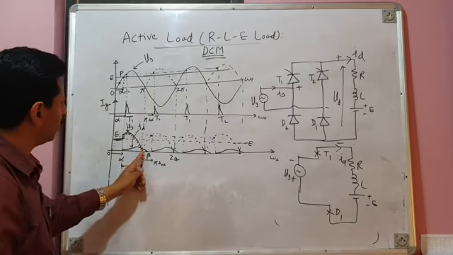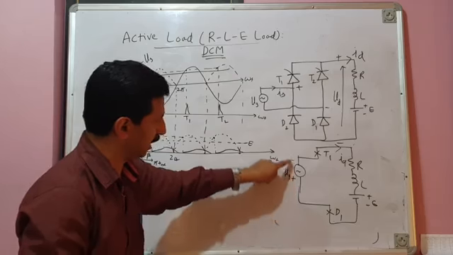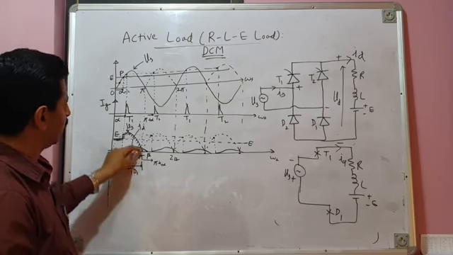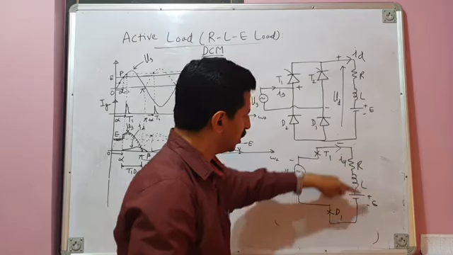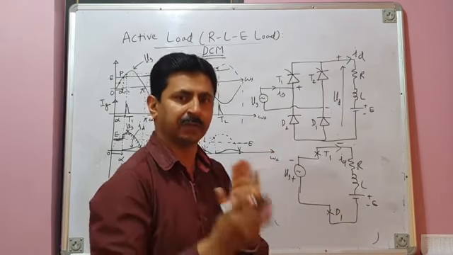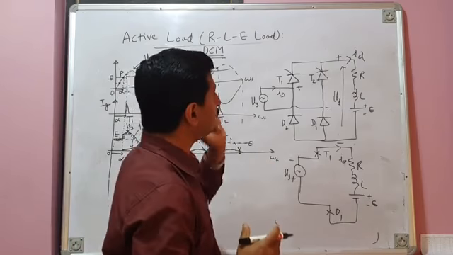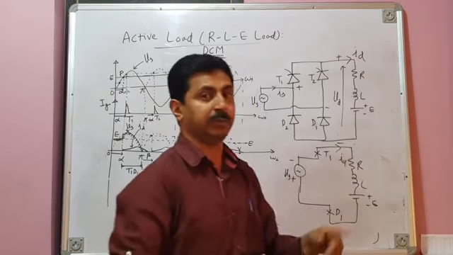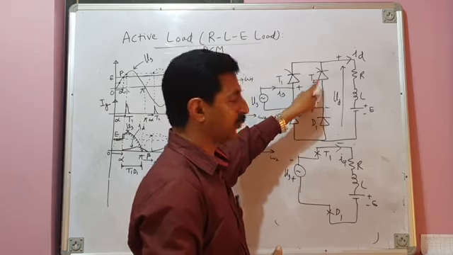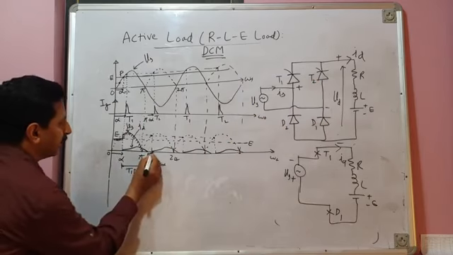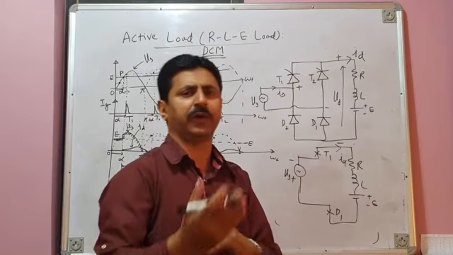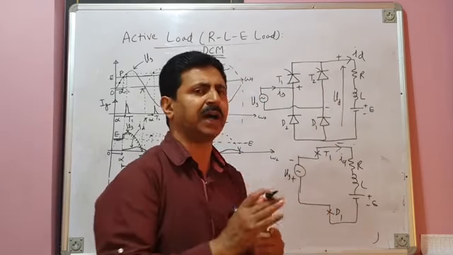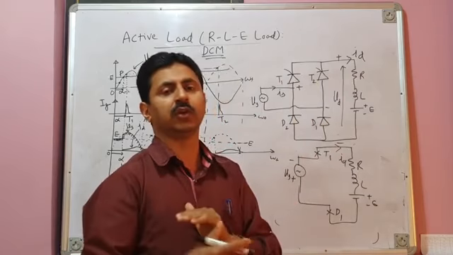And after omega t equal to pi, your source voltage is becoming negative. So you can see I have reversed the polarity of source voltage. Question is, when source voltage becomes negative, load current is still flowing. So load current can take the same path. This is one path. Another path for load current is this branch, T2 and D1. It can flow through T2, D1, but it will not because T2 is not yet fired. T2 will be fired at this instant after alpha. So since T2 is waiting for the firing pulse, it has not been fired. So this path is not possible. Any path involving thyristor T2 will not be taken by the current.